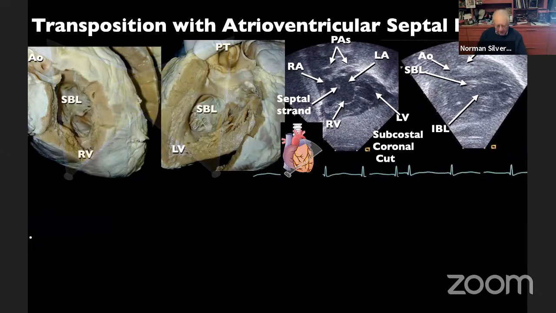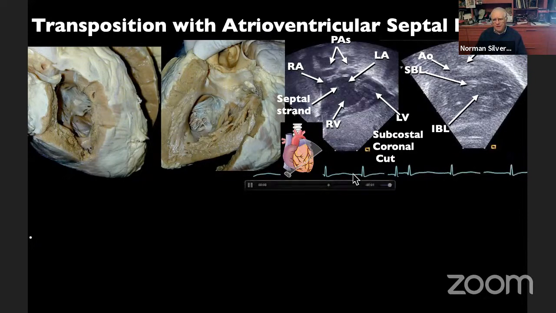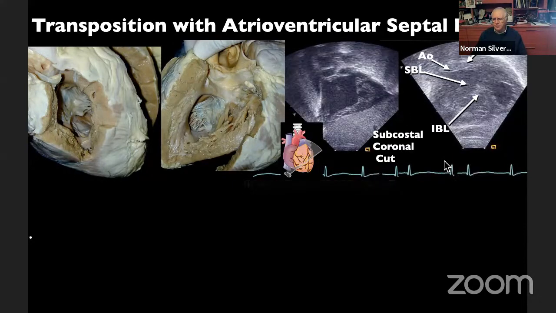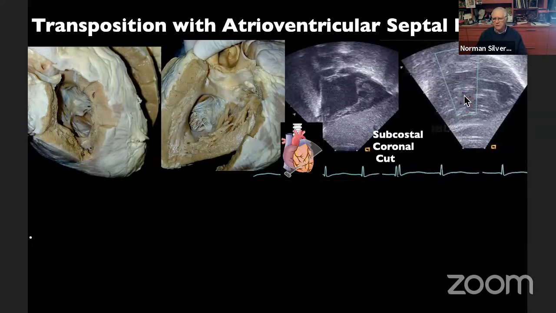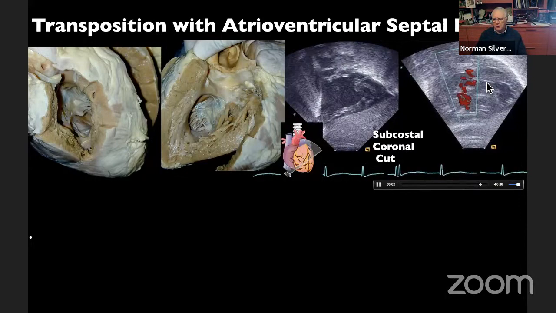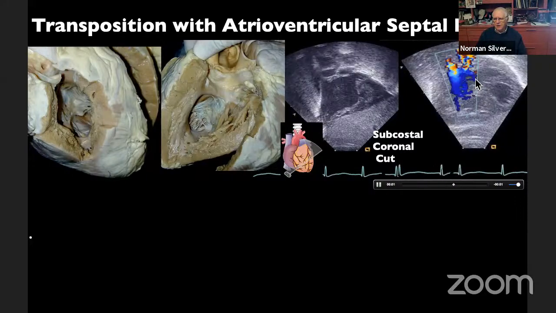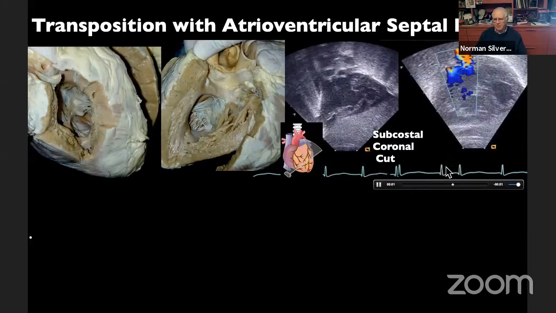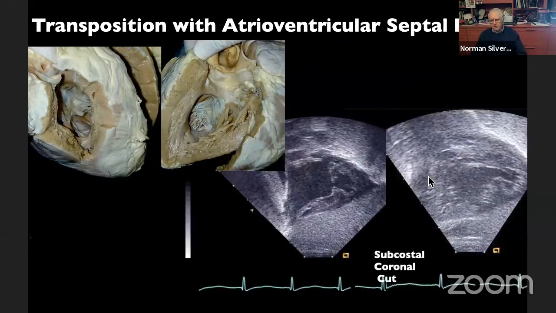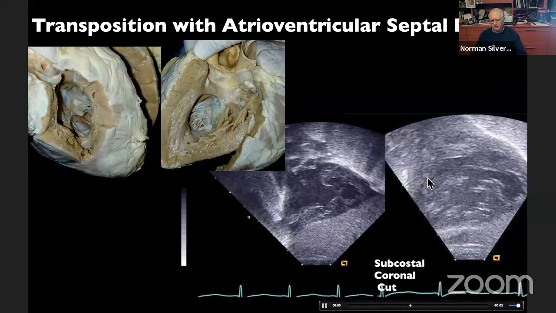Now we're getting to the end of this. I'm going to stop in a moment here, and you'll see AV canals associated with transposition, AV septal defect. And here you can see the superior and inferior bridging leaflet. Invariably, this is a type C of Rastelli canal. Here is the aorta draining above the ventricle. This is an inlet defect. There is the pulmonary trunk coming off the left ventricle, but not shown.